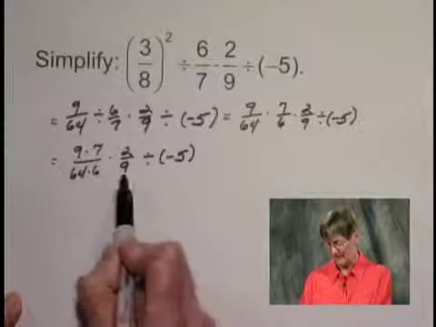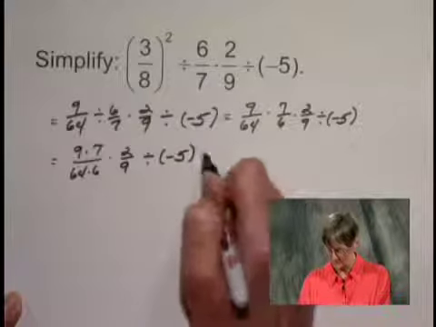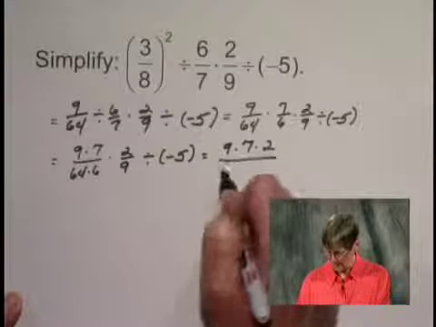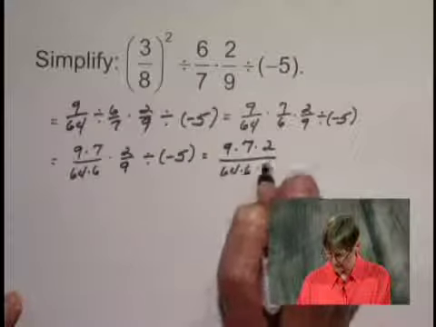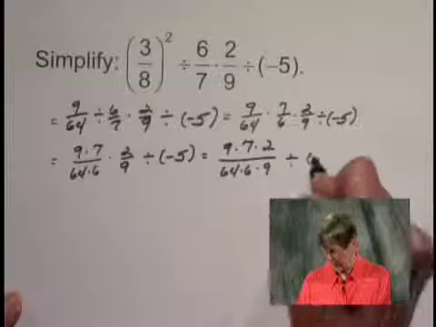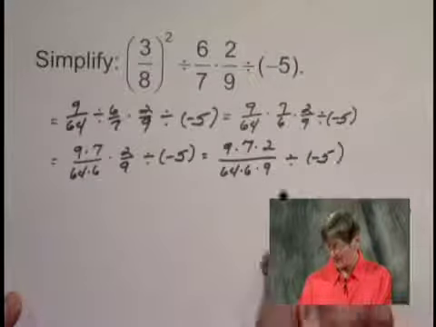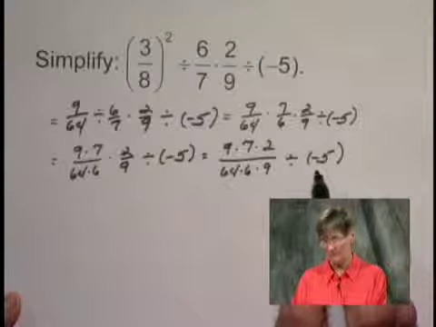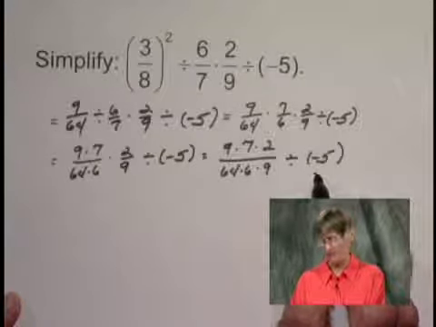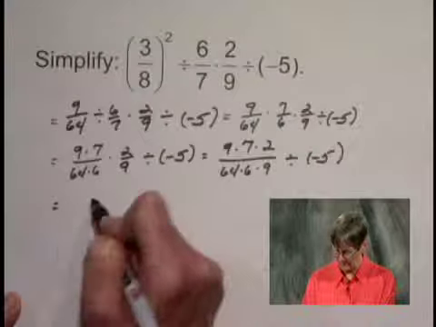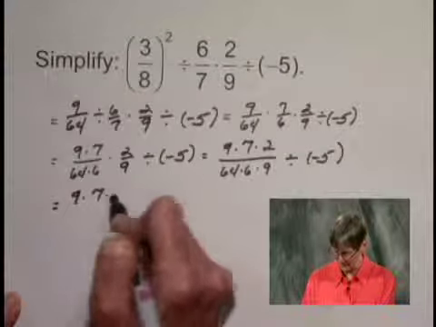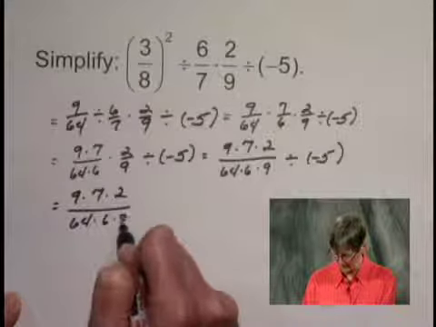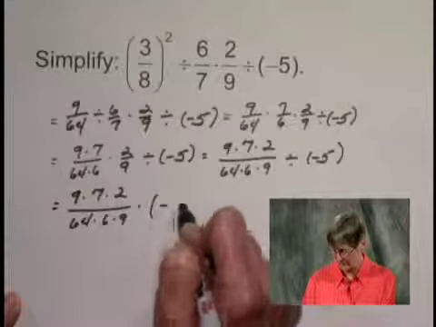The next thing I have in order is this multiplication. So again, I'm going to multiply numerators and multiply denominators. And we still have divided by -5 out here. And now we can do this last division. When I divide by -5, I write it as multiplying by the reciprocal of -5. So I can write this as 9 times 7 times 2 over 64 times 6 times 9 times